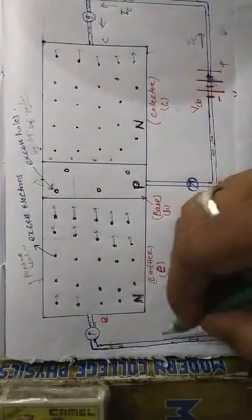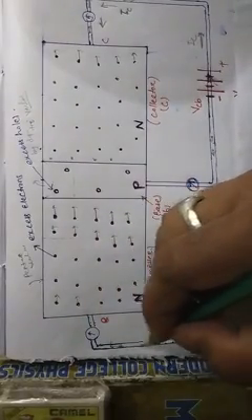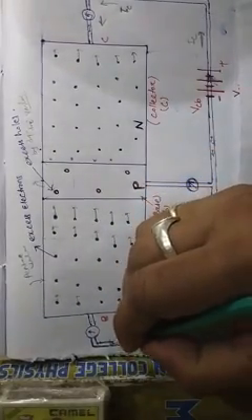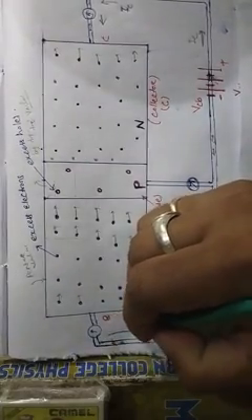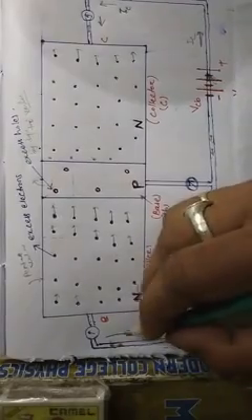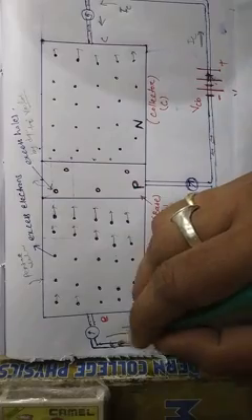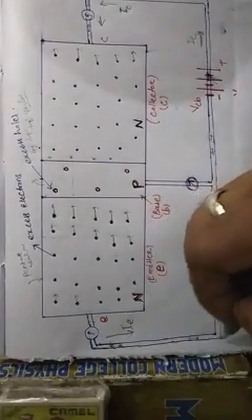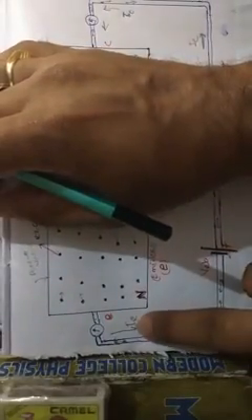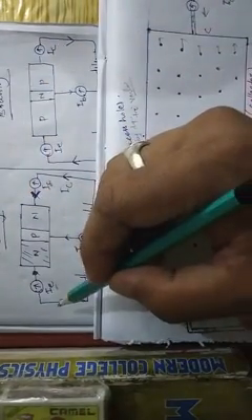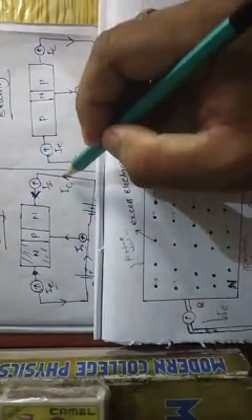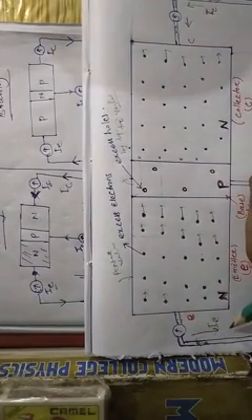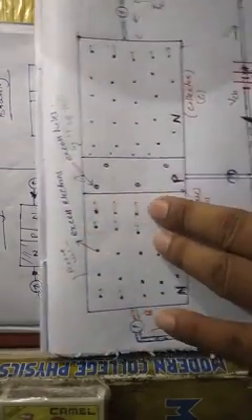Okay. If the electrons in this wire flow in this direction, then the corresponding conventional current will flow in this direction. The current flowing in this wire will be called the IE current. What? IE current. Current in the emitter side. This mark has also been given here. See, emitter current in this direction, collector current in this direction. Right? Now, about base current.